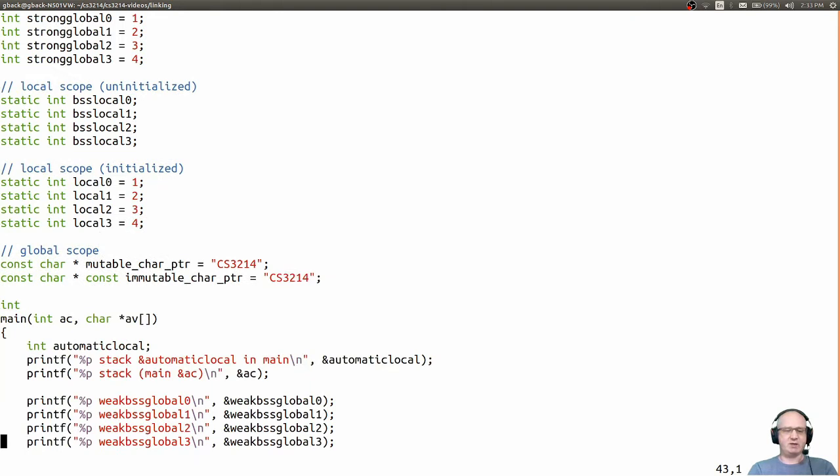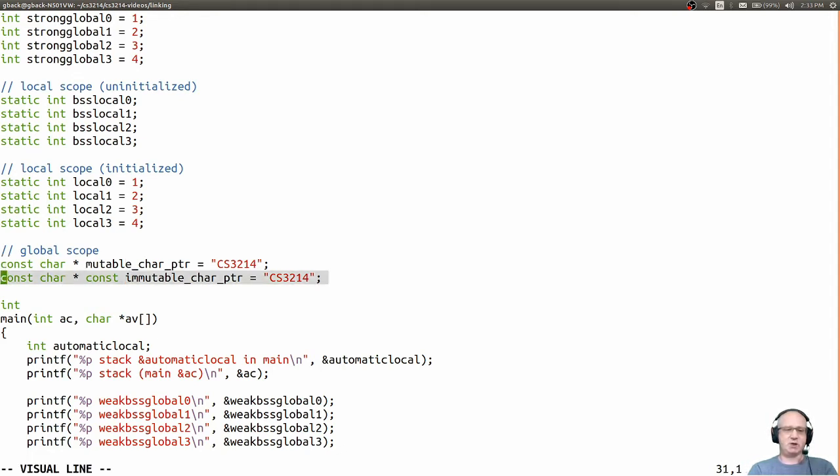In addition, I added a global variable, mutable char pointer, that points to a string literal. A string literal in C means the address of the first character. And then in the second one, I added a const keyword here so that this pointer cannot be reassigned, right?